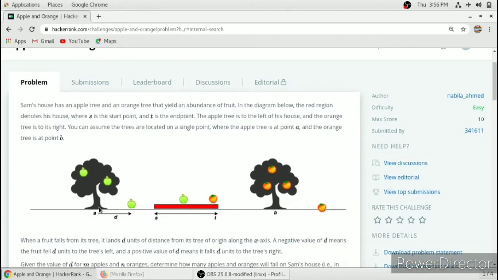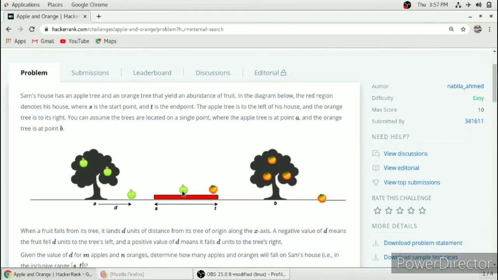The point A denotes the position of the apple tree and point B denotes the position of the orange tree. As you can see, the apple tree is on the left of Sam's house and the orange tree is on the right side of Sam's house.